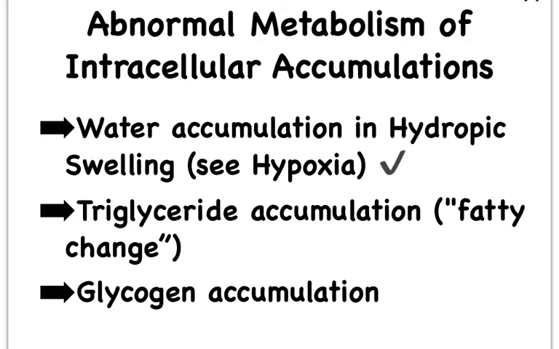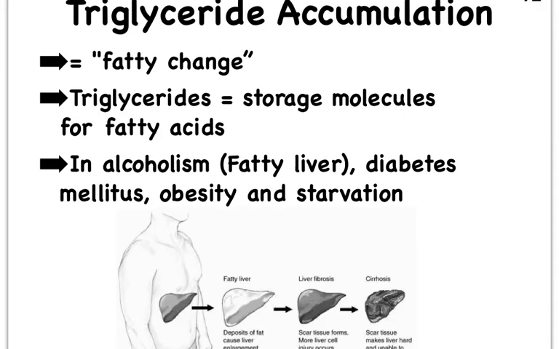Let's take a look at lipid accumulation and carbohydrate accumulations. So recall that there are different kinds of lipids, and the neutral fats are often referred to as the triglycerides. These are the ones that get stored in our adipocytes, right? So triglycerides are also considered molecules that literally store our fatty acids, right? Fatty acids together with glycerol form triglycerides, and we depend on these triglycerides a lot for energy.